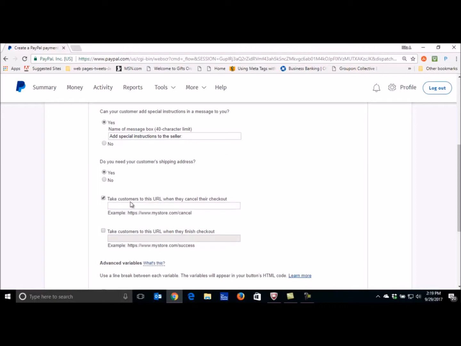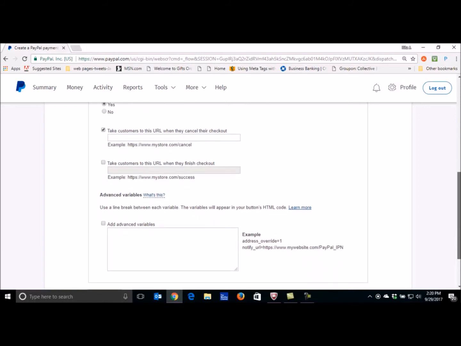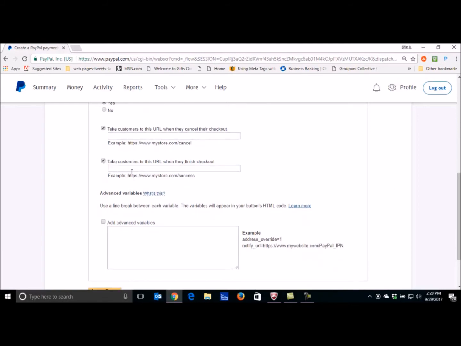And here you would select, in case the customer decides to cancel their order, where would you like for them to go after that? Normally, I enter the URL where they started the process to buy the item or service. And here you would take them to the page where you would let them know that they were successful with completing their order, or perhaps there's a landing page for them to subscribe to something of yours, or whatever page that you need them to go to once they finish their checkout. You would put in that URL address here,